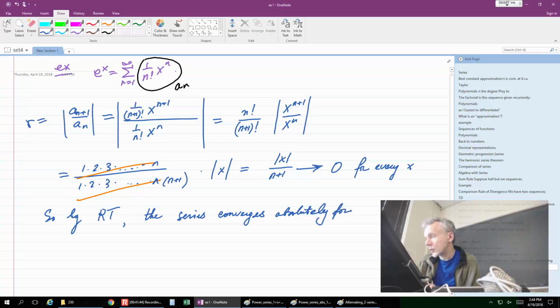That's the crucial part, is for every x, because the difficulty when you're facing a power series is not to end up treating every x separately. It doesn't matter what x is, you have your convergence, which means that the whole function on the left at the top will be approximated by the series on the right if you truncate. But otherwise, you can say that the left-hand side and the right-hand side are the same function for the whole domain, and the domain is negative infinity, infinity.